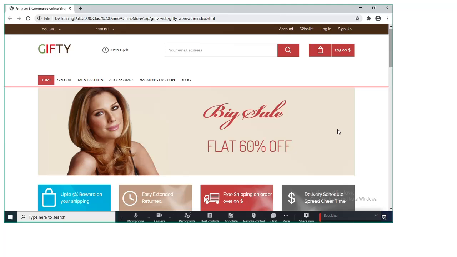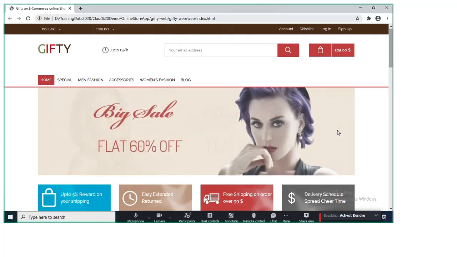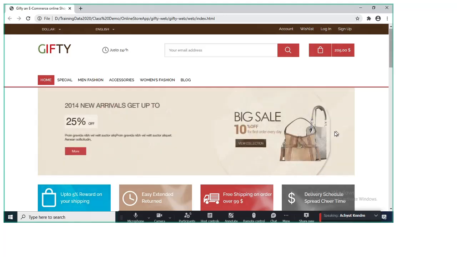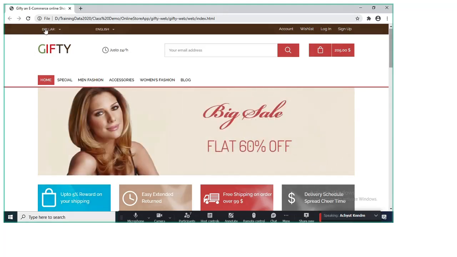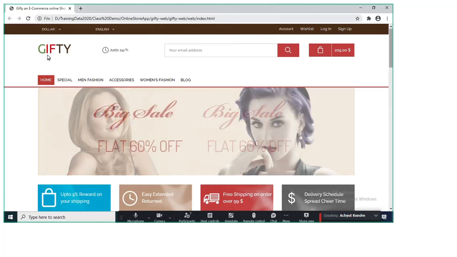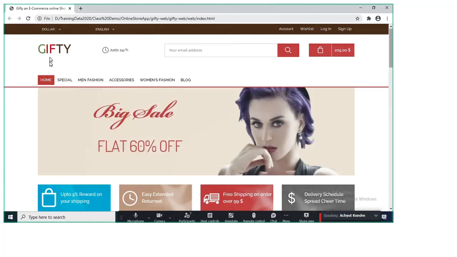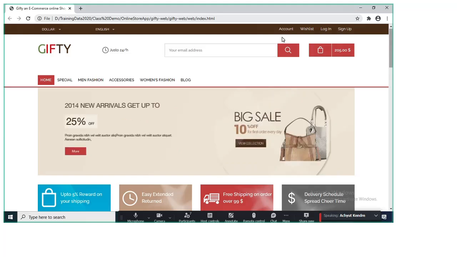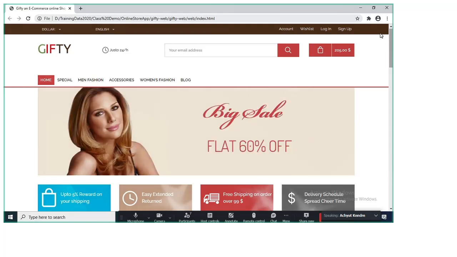Now what I want to do is I want to use the same template. So if you look at here, I want this part, up to this part, means from this dollar to home and this horizontal line. So I want to repeat this part on every UI, account to this particular line. So I'll put this particular part in a layout. So the first step will configure the template. So we'll put this part in a layout,